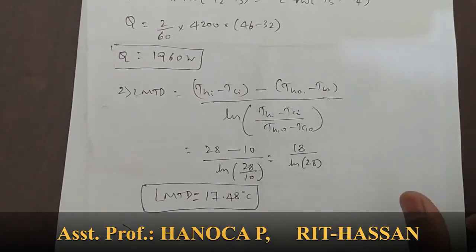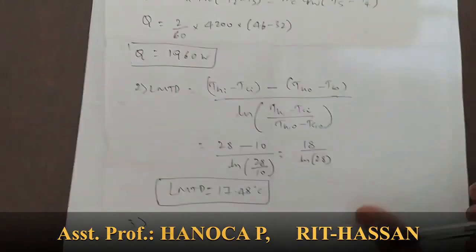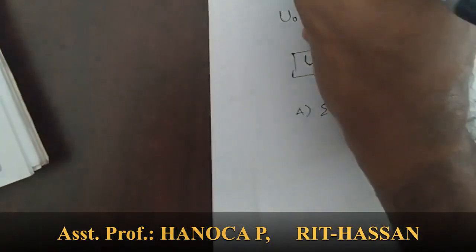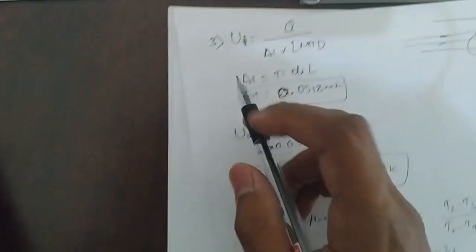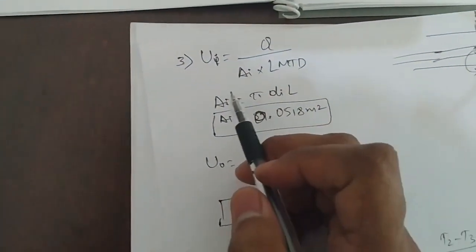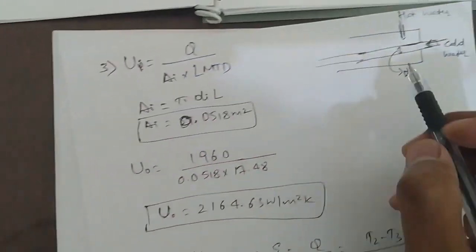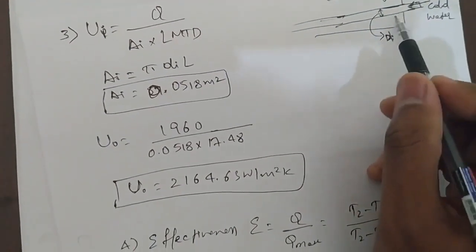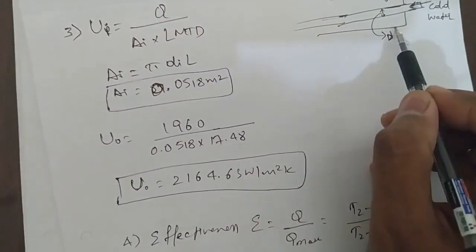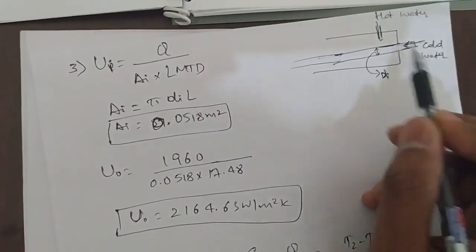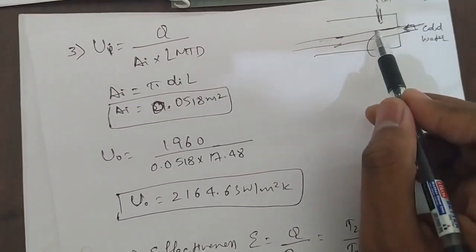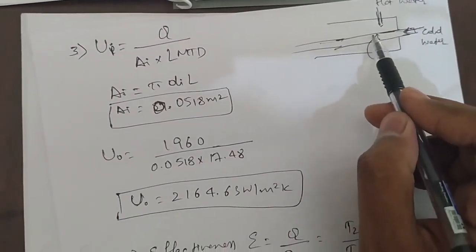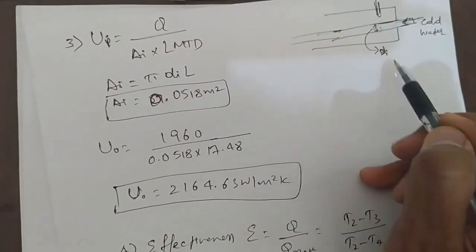Next is the overall heat transfer coefficient based on the inner diameter, UI. UI is equal to Q divided by AI into LMTD. In the experiment we already saw that there are concentric tubes. One is the inner pipe, and outside is the outer pipe. In the inner pipe the hot water is moving, and outside the inner pipe the cold water is moving. We already saw these things in the experimental setup. You should take this diameter, the inner diameter